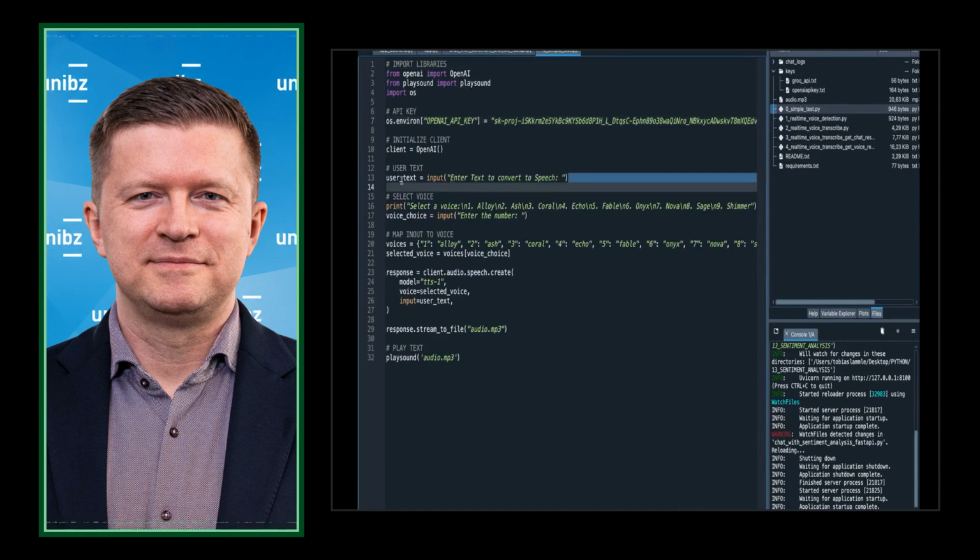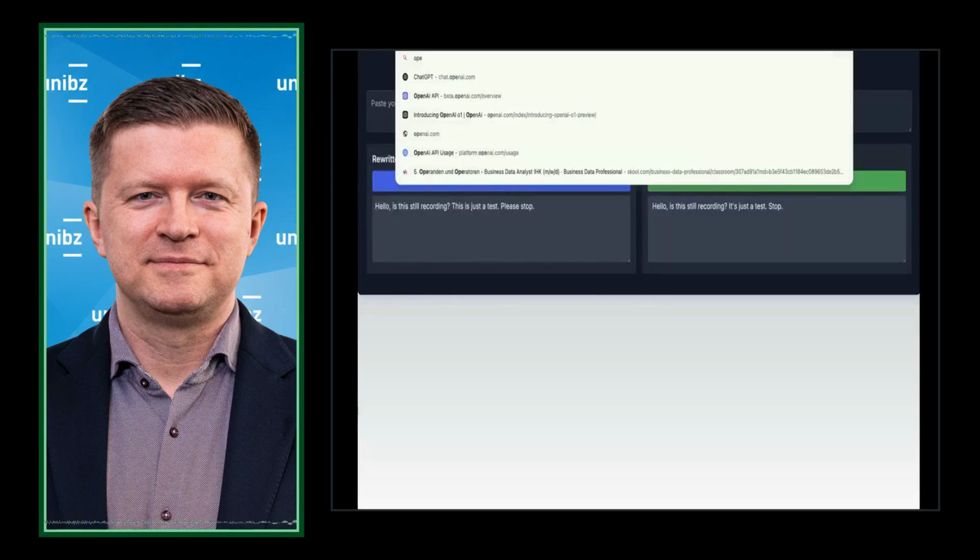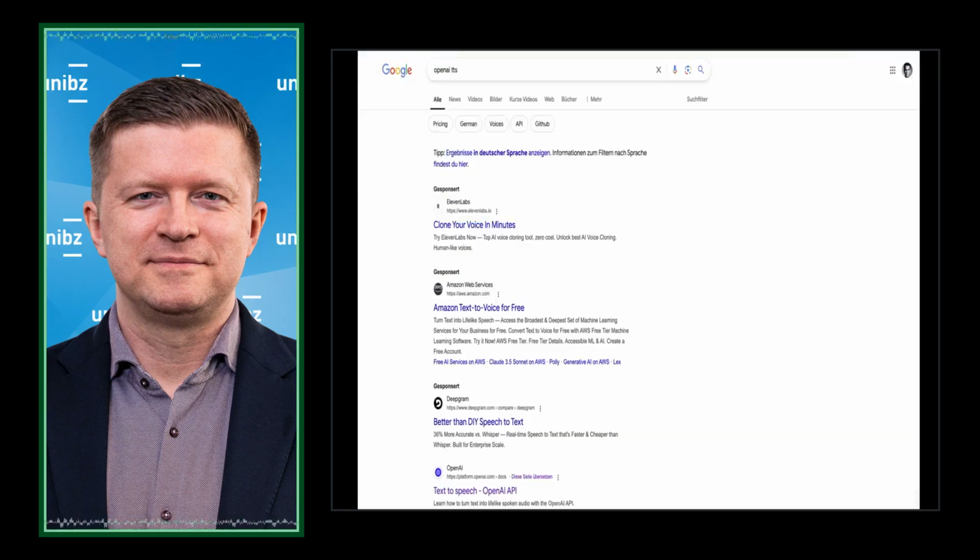Then I have just the input box for the user to put in the text he wants to convert. And then we can select different voices. Why is that? Your OpenAI TTS.